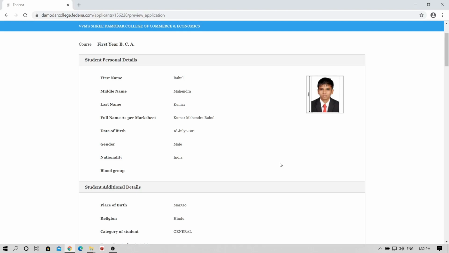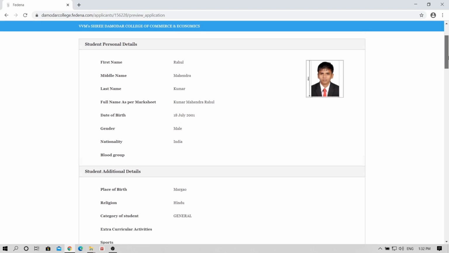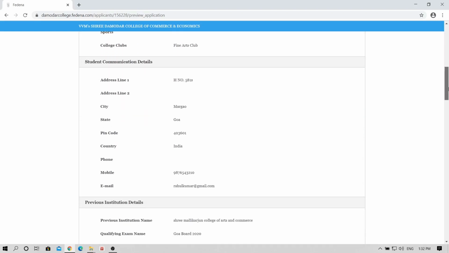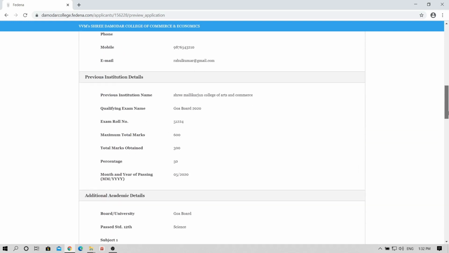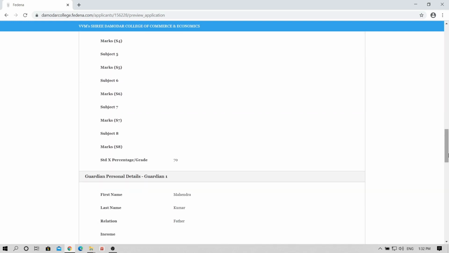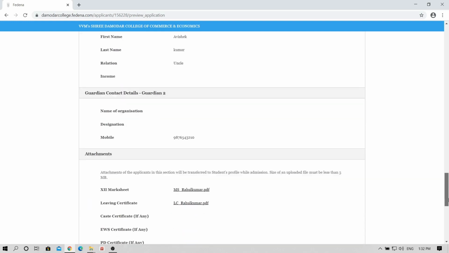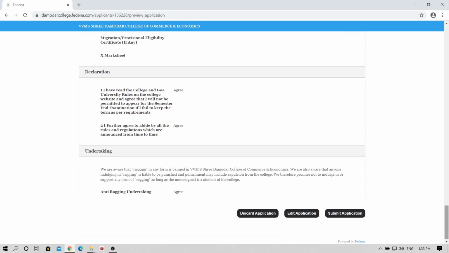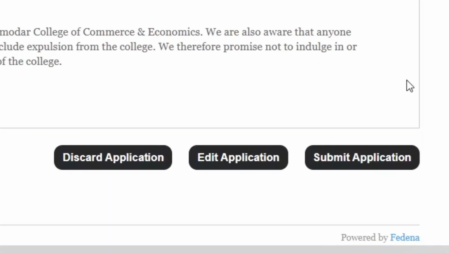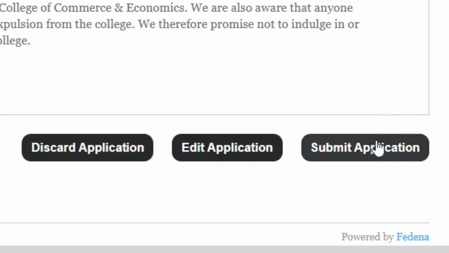Once you click the Proceed button, your details will be shown to you for verification. Kindly check your details. Once you have verified your details and you wish to proceed with submission of the form, click the Submit Application button.